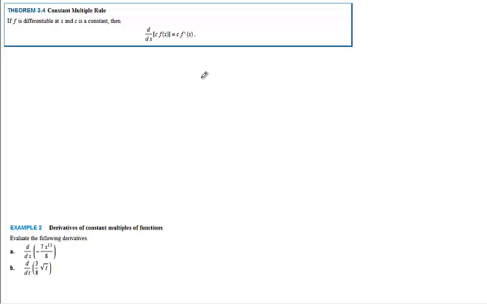Okay, I don't just always have constant functions or something to a power. Sometimes I have something that might look like, let's just say I had a g of x that was 3x to the 4th, and I wanted to know what that derivative is. So I've got to figure out what to do with this multiple here and see how it works. So let's use, we're going to say my f of x happens to be